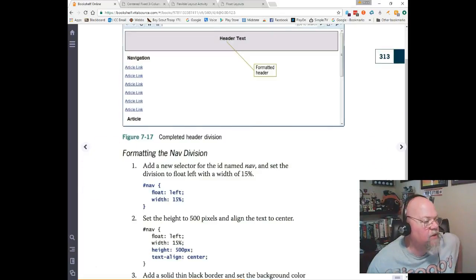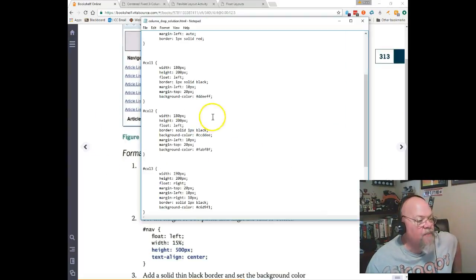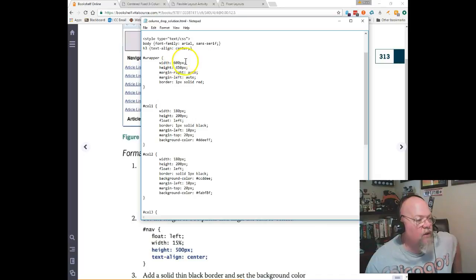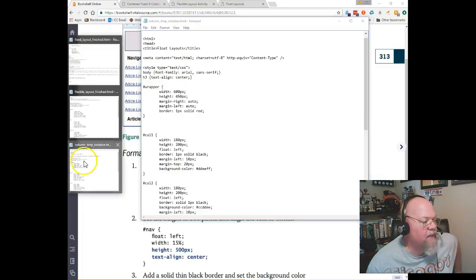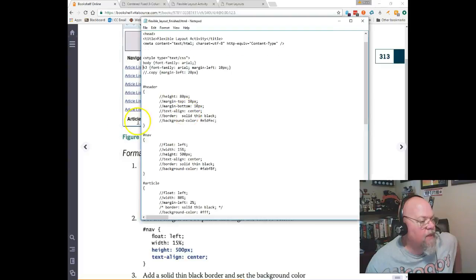Well, apparently we're not using a wrapper for this one. Okay, so I look. Oh, here's my wrapper. What am I looking at? Oh no, that's the other one. Sorry, my bad. Okay, so